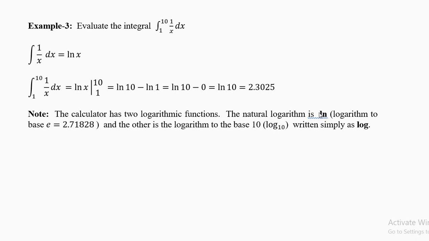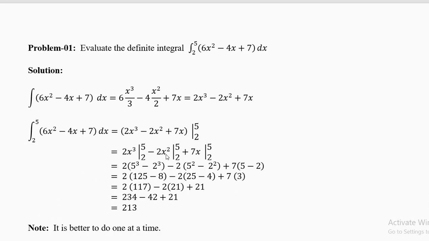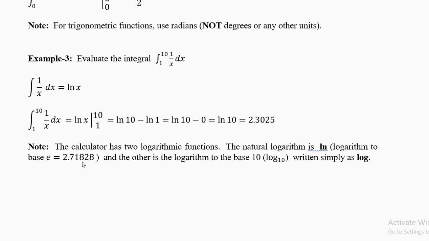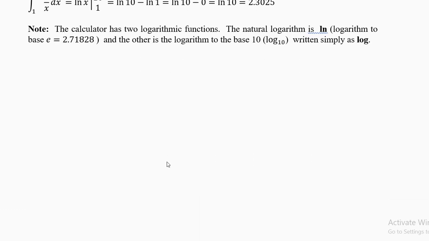Now in your calculators, you have two kinds of logarithms. One is the ln, which is the natural logarithm, which we have used. Another one is the log. Log is to the base 10. We do not need that. We need the ln. Ln is to the base e, equal to a number like your pi, 2.71828. Now, this number also goes up to infinity. It keeps coming, and we'll discuss it some other time.